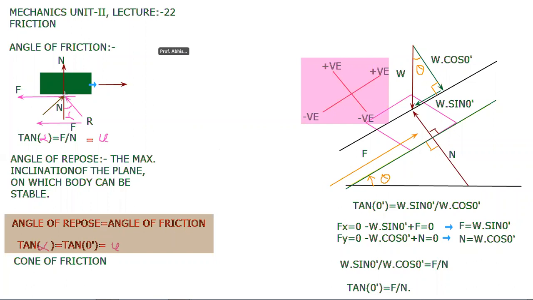I hope all these terms are clear: what is the cone of friction, what is the angle of repose, what is the angle of friction, how we calculate these various inclined forces, and how we split W into two components, W sin theta as